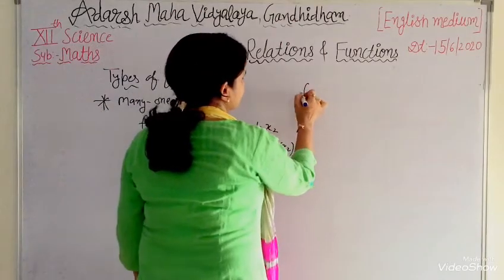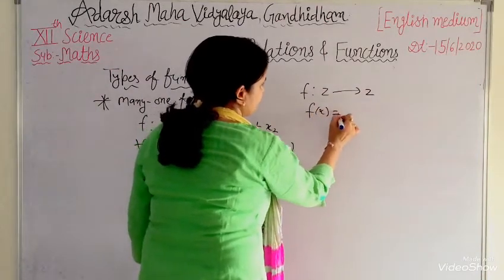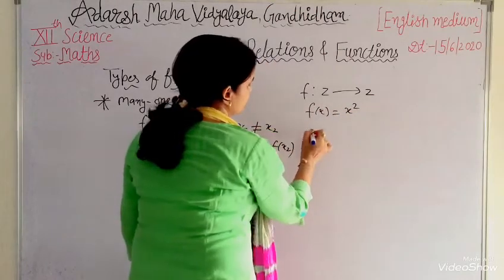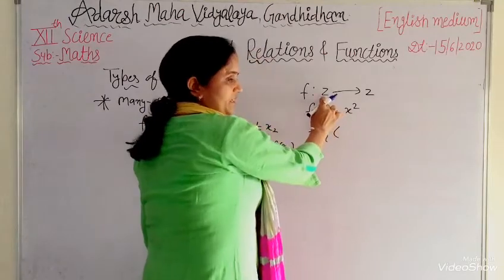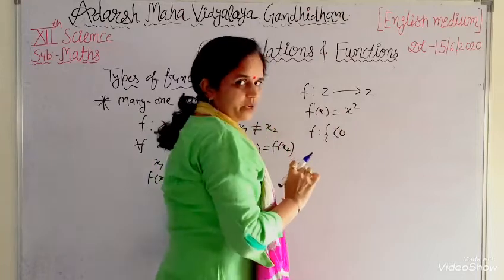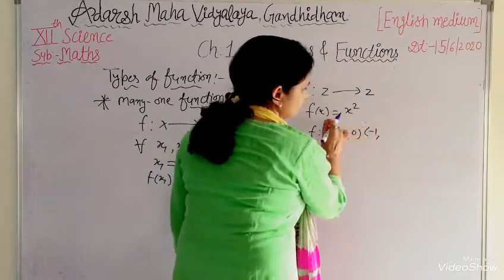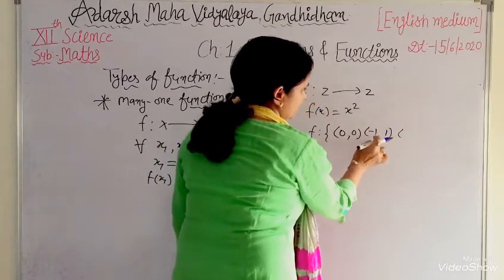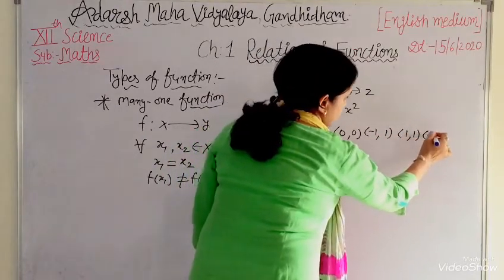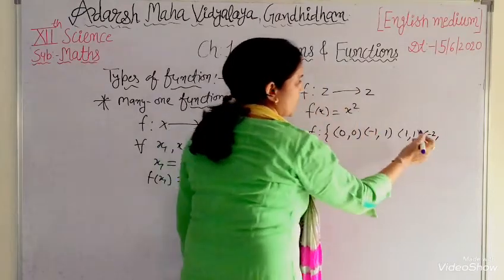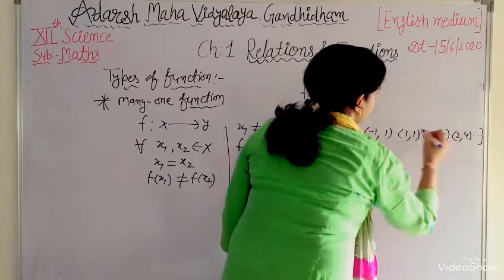Take an example. f from Z to Z, f(x) is defined by x square. Okay, student, then write f in listing form. Z is the set of integers. I am taking 0 in place of x, then image of 0 is 0. Minus 1, image of minus 1 is 1, square of minus 1 is equal to 1. Image of 1 is also 1, student. Image of minus 2, square, it's 4. Image of 2 is also 4 and so on.